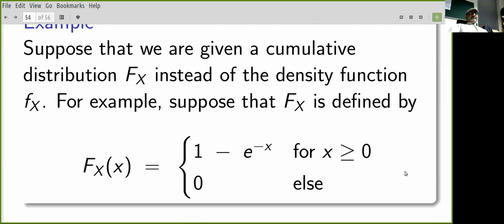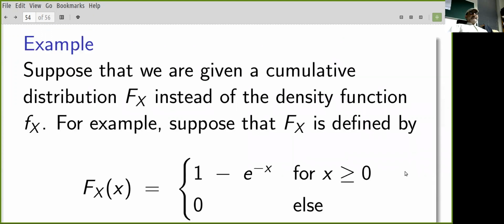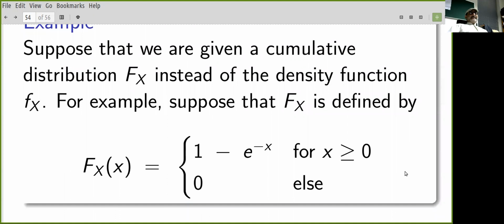Let's do an example with a continuous distribution. Let's say that I have a continuous random variable, capital X. It has a CDF, capital F sub x of x, equal to 1 minus e to the negative x for x greater than or equal to 0. It's 0 otherwise. If I want to calculate the expectation using the formula, I need to integrate x times the